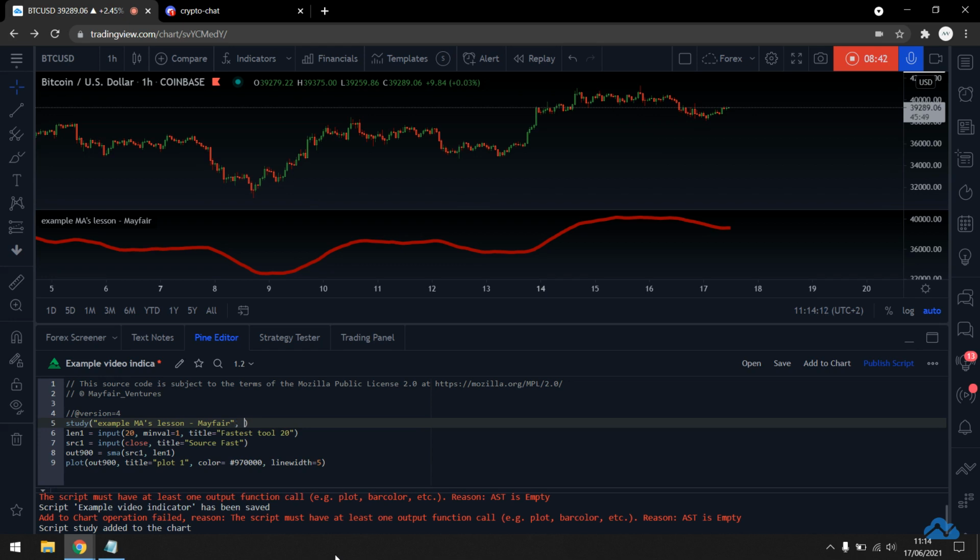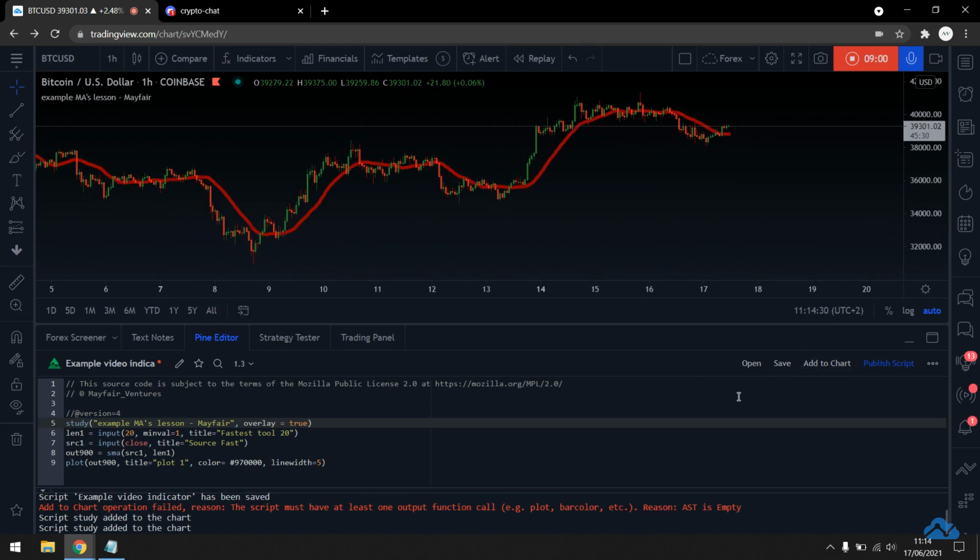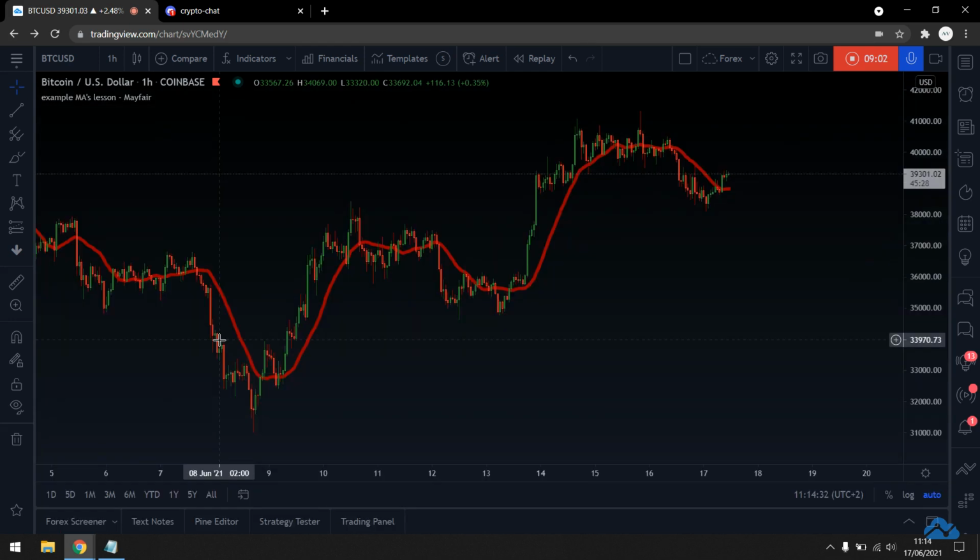There are a couple of different ways to add scales and all kinds of things, but in essence, what we want here is an overlay, and we want this to be true on the chart. At this point, I'm just going to delete this one off, and then add this back to the chart, which will now give me the moving average on the chart itself. So that's the simple way to add a moving average.